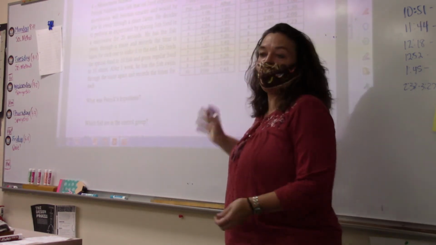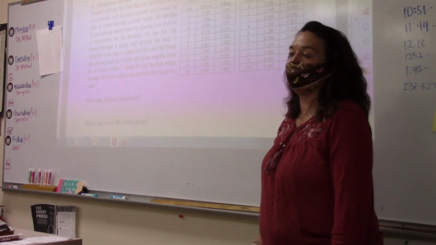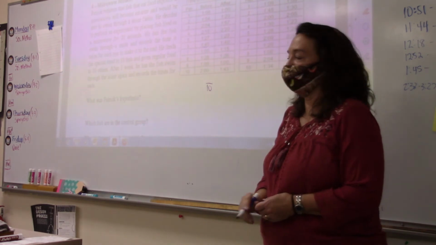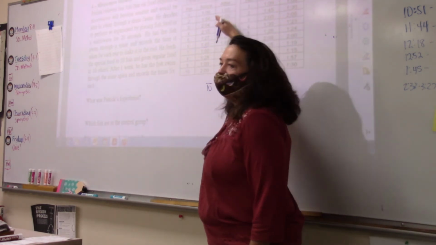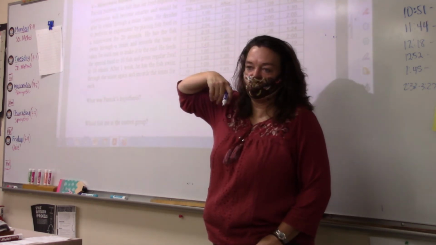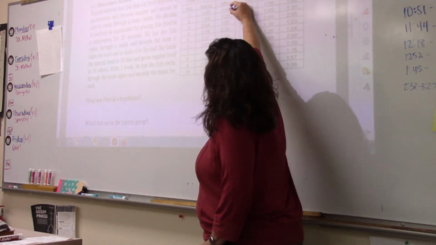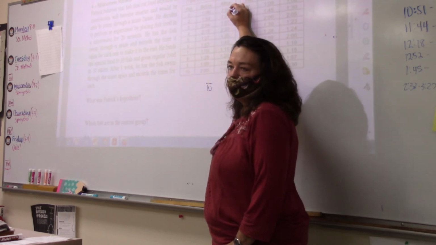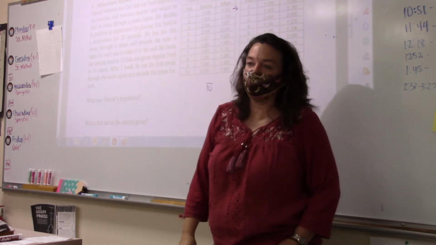How do you look at this data to determine what happened? How many kids or fish are in the group? 10. So you're looking at something out of 10 success. You're going to go through here and decide how much faster they got after they ate the microwave food. This fish got faster or slower? From 1:06 to 1 minute. Faster or slower? Faster. On your paper, write minus 6 seconds. He shaved 6 seconds off.